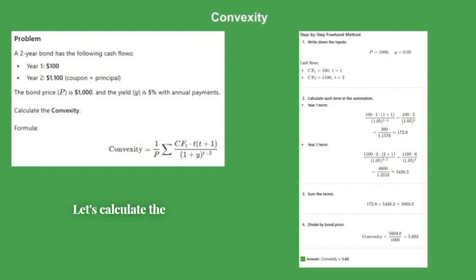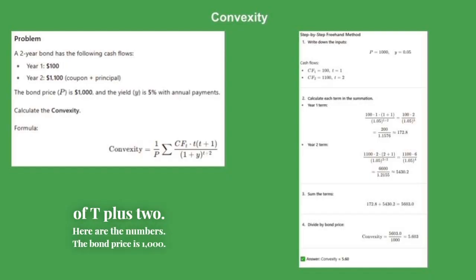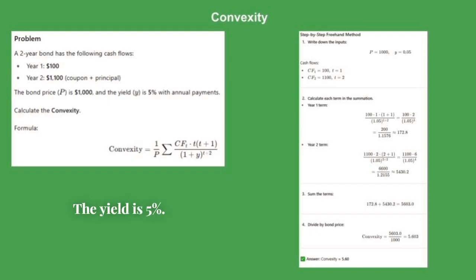Let's calculate the convexity of a simple 2-year bond. The formula is convexity equals 1 over price times the sum of each cash flow multiplied by t times t plus 1, divided by 1 plus yield raised to the power of t plus 2. Here are the numbers. The bond price is 1,000. The yield is 5%. The cash flows are 100 at year 1 and